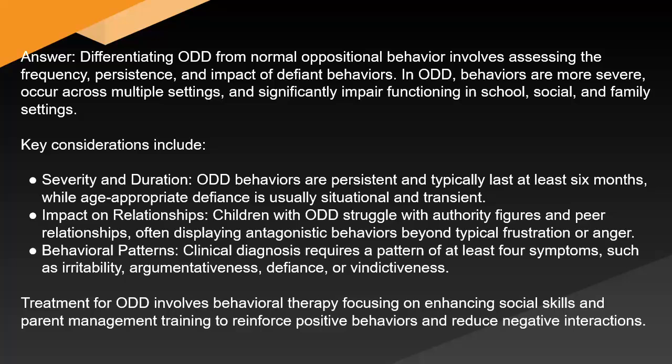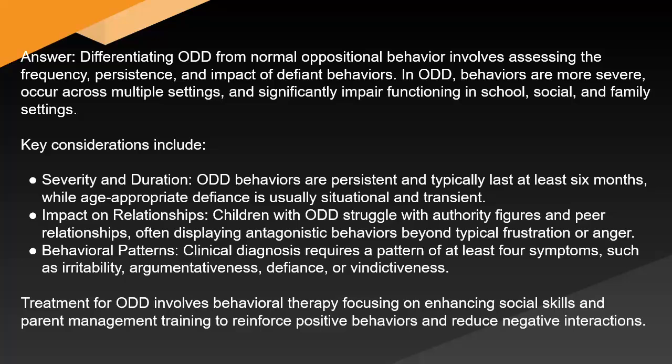Key considerations include severity and duration. ODD behaviors are persistent and typically last at least 6 months, while age-appropriate defiance is usually situational and transient. Impact on relationships. Children with ODD struggle with authority figures and peer relationships, often displaying antagonistic behaviors beyond typical frustration or anger. Behavioral patterns. Clinical diagnosis requires a pattern of at least 4 symptoms, such as irritability, argumentativeness, defiance, or vindictiveness. Treatment for ODD involves behavioral therapy focusing on enhancing social skills and parent management training to reinforce positive behaviors